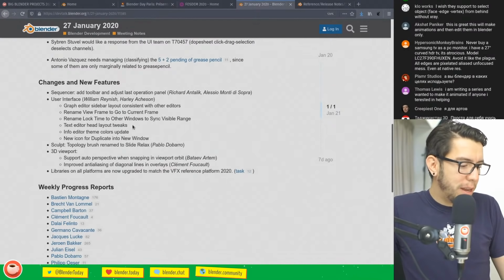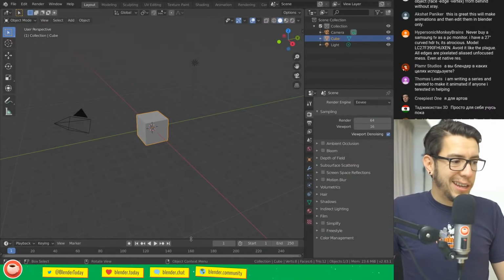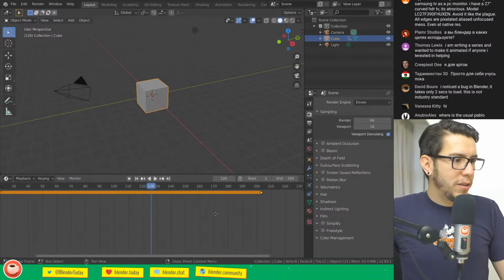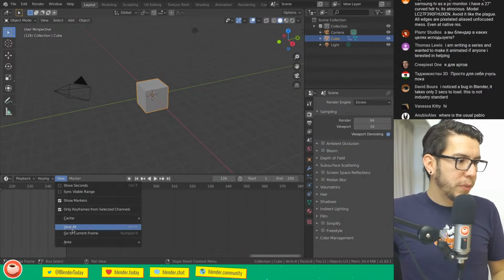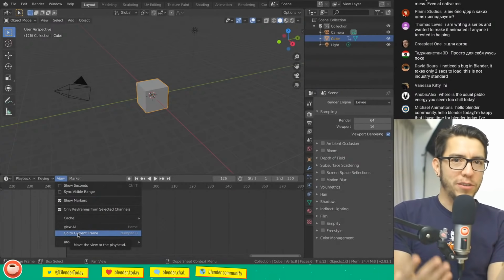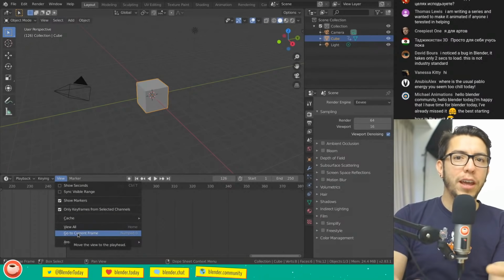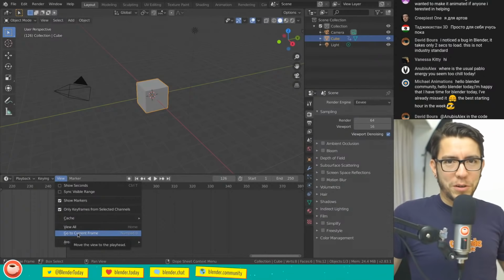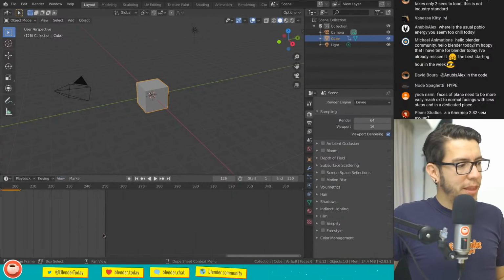For example, in Blender, in the past, if you wanted to jump to the playhead, so for example, if you were over here and you had the view away from the frame, you could do view frame. Now that wording, view frame, what is it? In an animation software, view can mean the camera view, or is it a frame of the camera, or a frame of the animation? English doesn't have two different words for that apparently. And this tool got renamed to go to current frame. That is much more